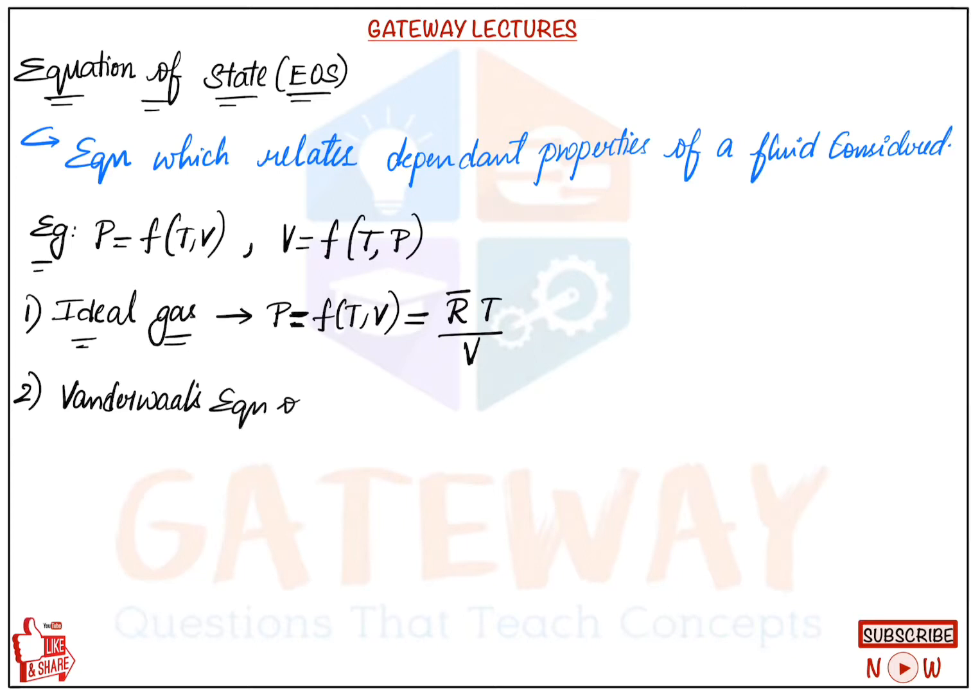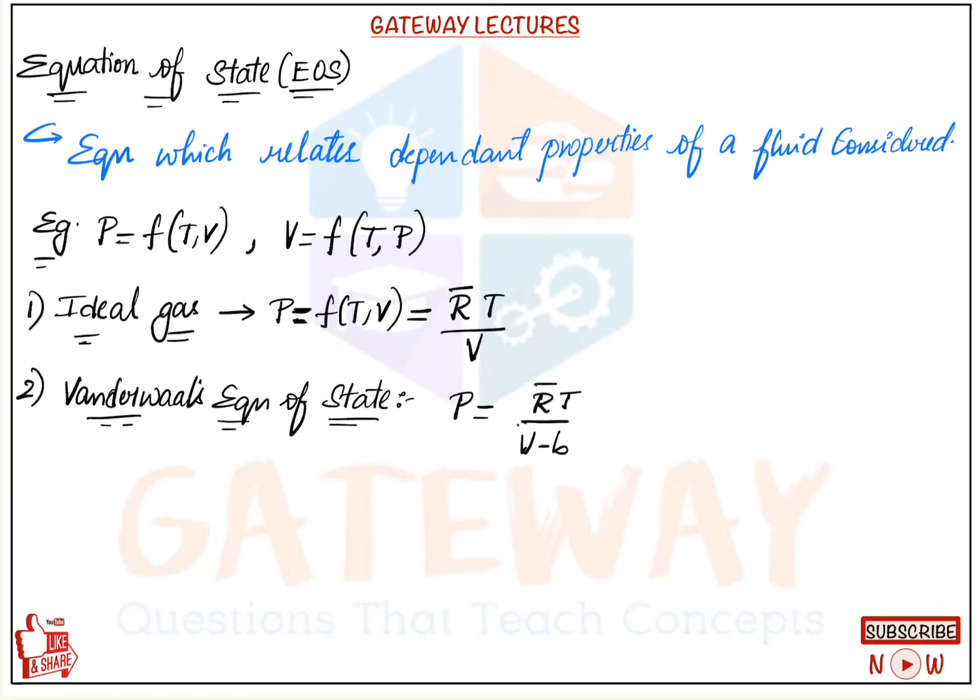Coming back to the van der Waals equation, we said that van der Waals allowed the molecular interactions. Whenever there is a molecular interaction, there will be attraction and repulsion between the molecules. So what van der Waals did, he took the same ideal gas equation, but he added the repulsion term. Since we are saying added, because here we take P equal to R bar T upon V minus B. As the B value increases, the denominator decreases, then the numerator actually increases. The pressure is being increased.